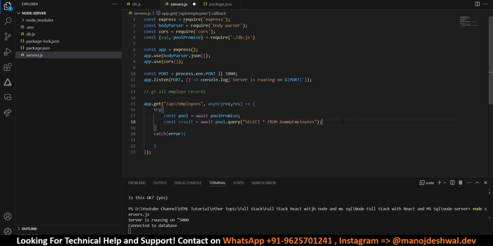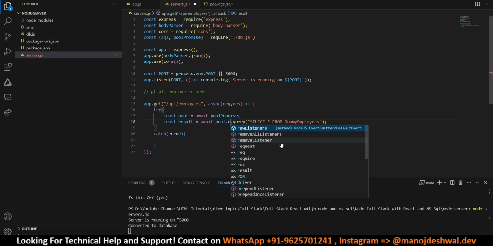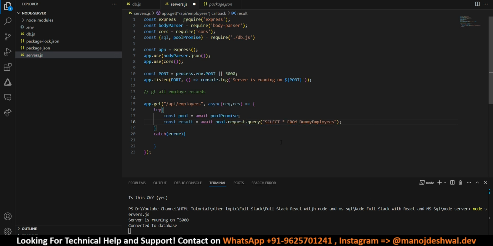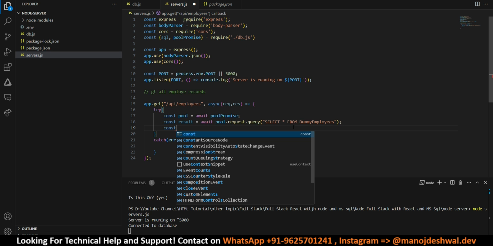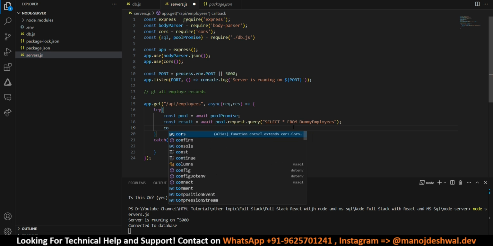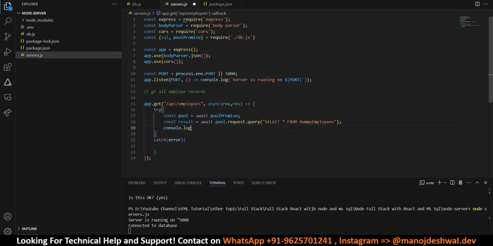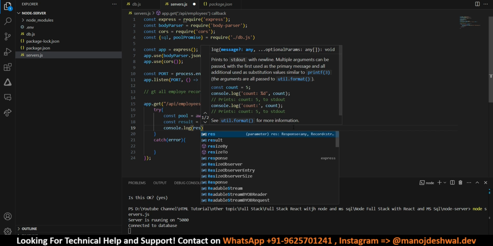So it is not pool.query, it is basically pool.request.query, and here you have to write your entire select command with your actual database, oh sorry, table name. So let me also log it. So console.log result,